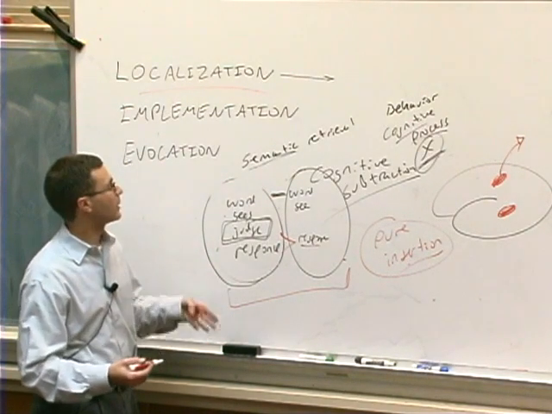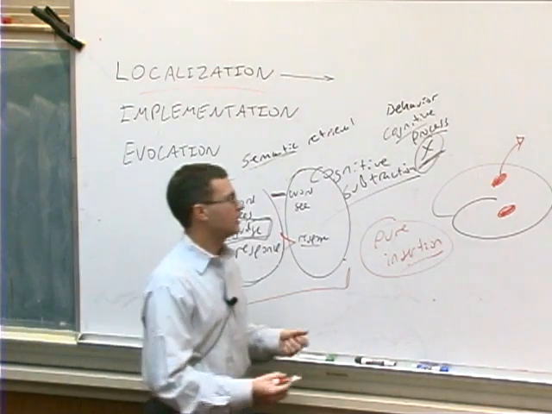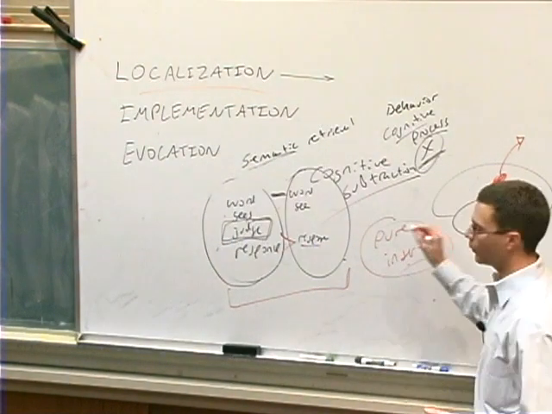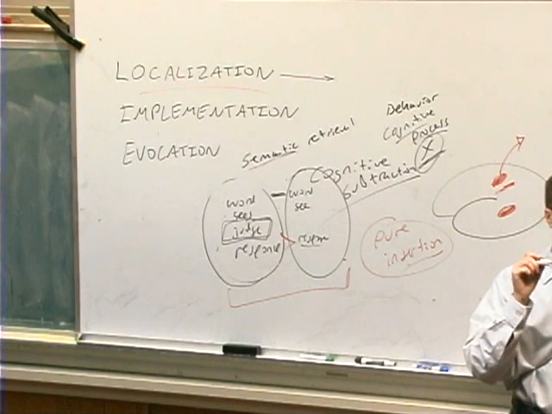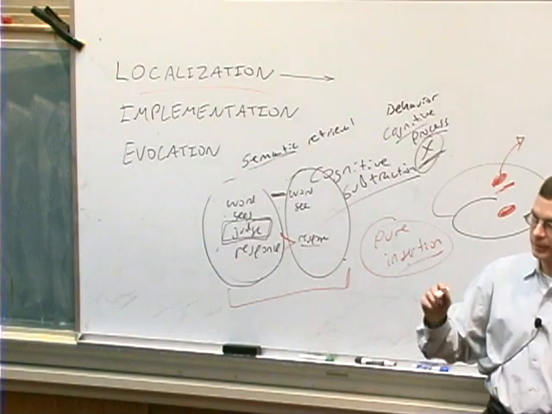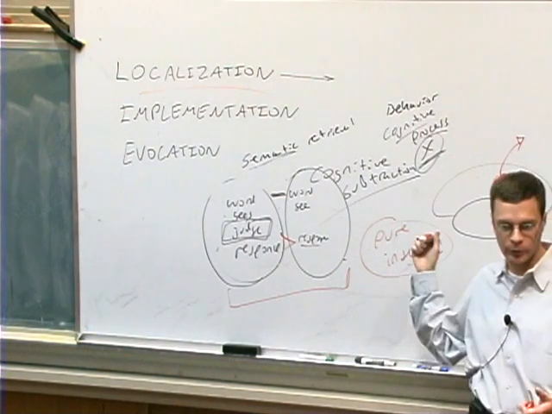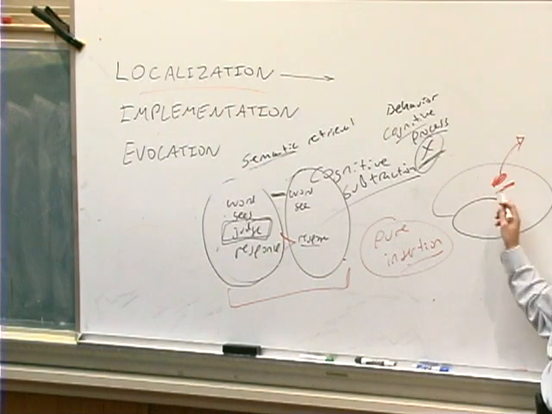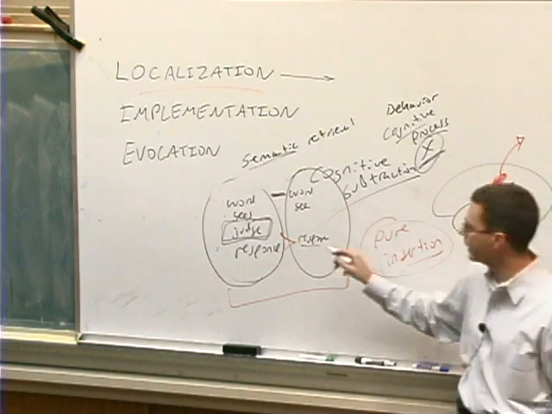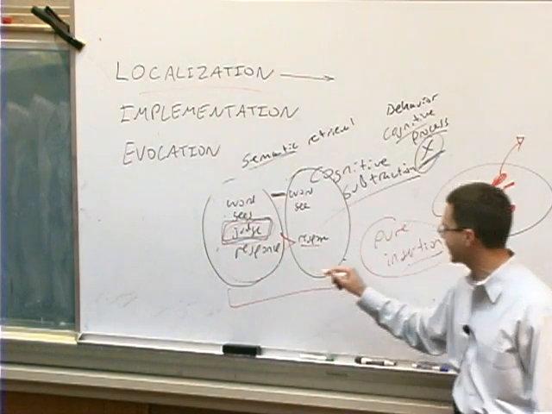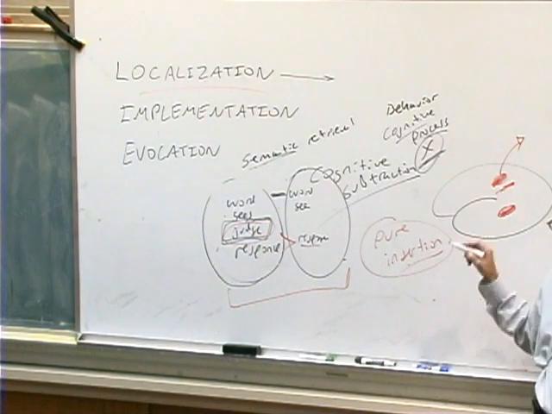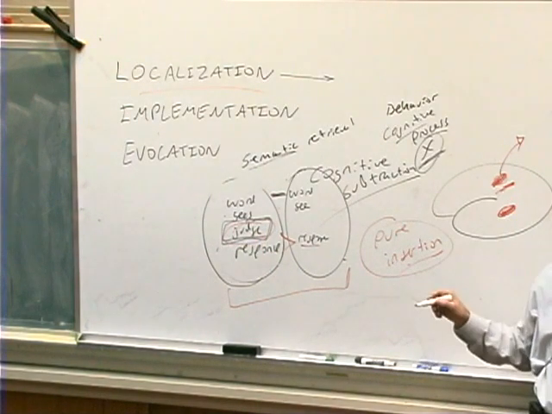A couple other points about a localization type inference. If I see activity here associated with my task, what am I allowed to conclude? I've been careful, or at least I've tried to be careful, in the way that I've described the results of this experiment. What I've said is, what you might conclude from a localization experiment is that the mental operation of semantic judgment activates this area of the brain, okay? Notice I have not said that